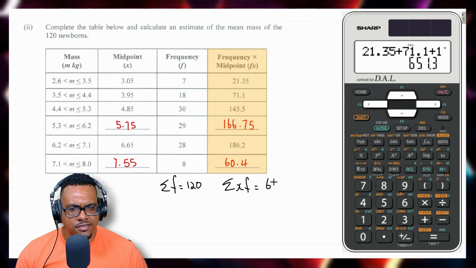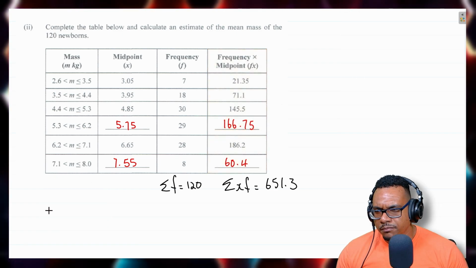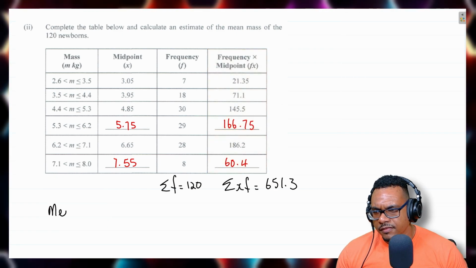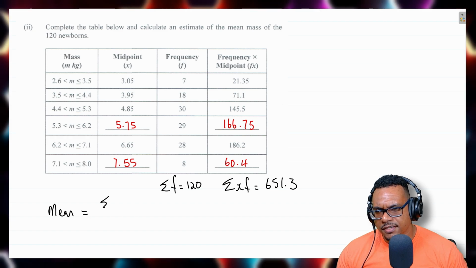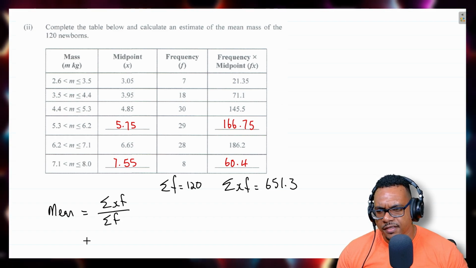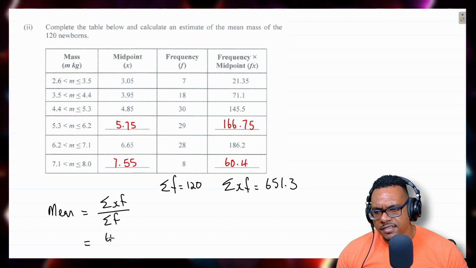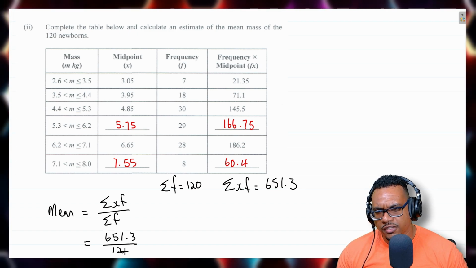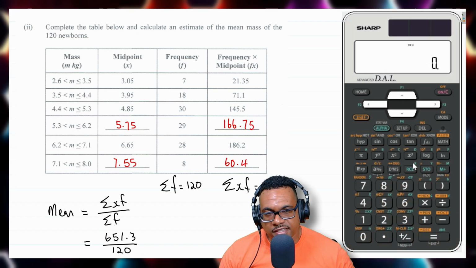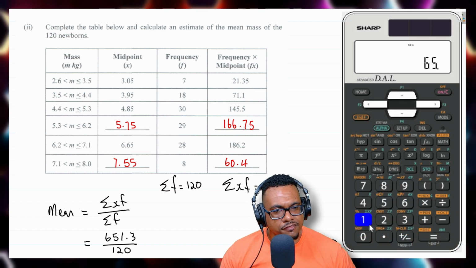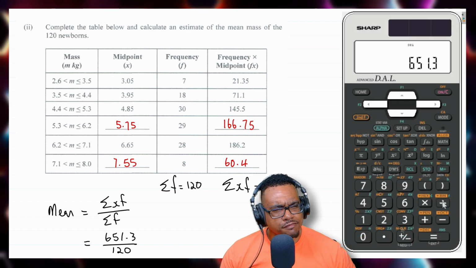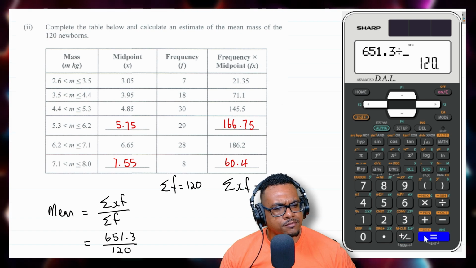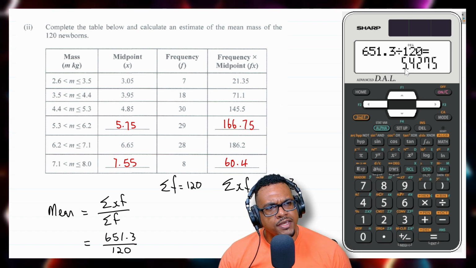So we have 651.3. So now the mean is equal to sigma XF divided by sigma F, which is 651.3 divided by 120. So we're going to type in on the calculator 651.3 divided by 120. Press equal and we get